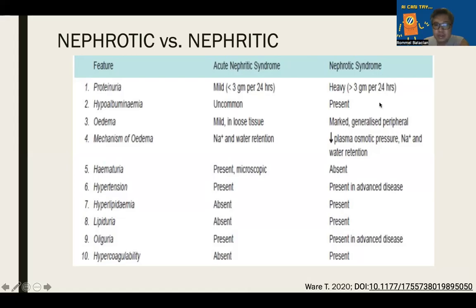Therefore, with increased protein loss in the urine, hypoalbuminemia is present in nephrotic syndrome, not in nephritic syndrome. It's uncommon. Because of that, it decreases the oncotic pressure. It leads to the deposition of excess fluid in the interstitium, leading to edema. It could even be marked, leading to ascites, pulmonary edema, and pericardial effusion. So there is a decreased plasma oncotic pressure. Still, edema can happen in acute nephritic syndrome, but it is also uncommon.